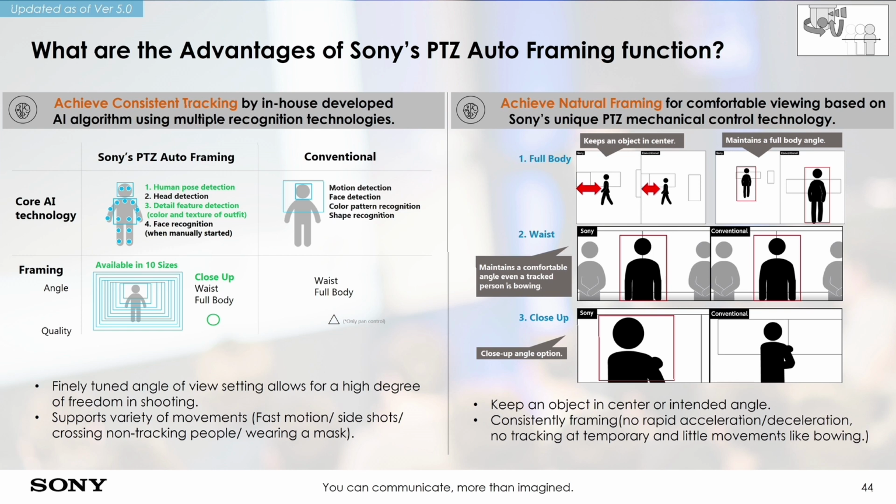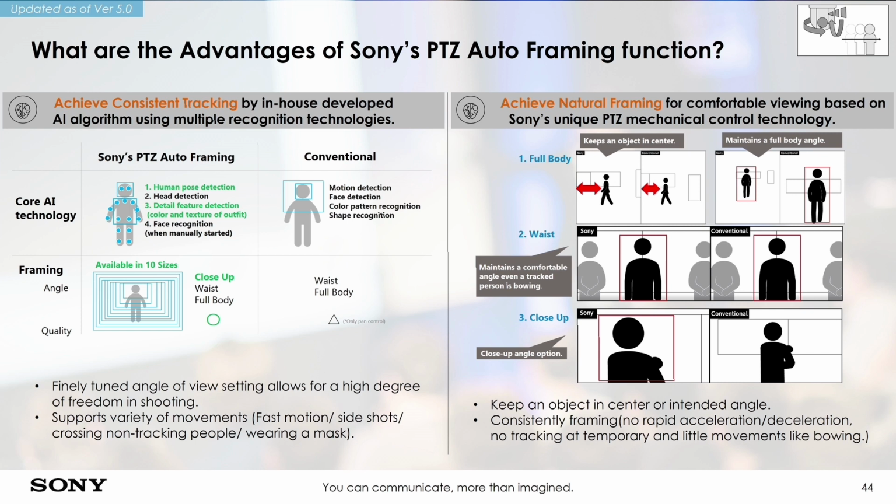Additionally, in each framing mode, full body, waist, close up, we can achieve natural framing for comfortable viewing based on Sony's unique PTZ mechanical control technologies. In full body mode, our camera can keep the intended subject in the center of the frame. And also, when the speaker comes closer to the camera, it can zoom out to keep him in the center of the frame. In waist mode,